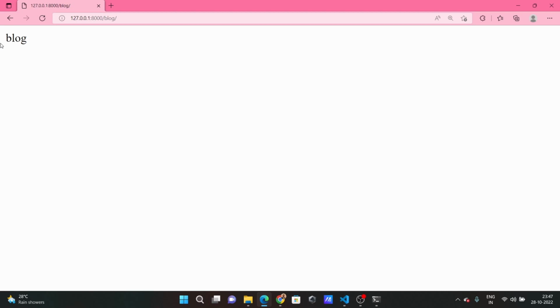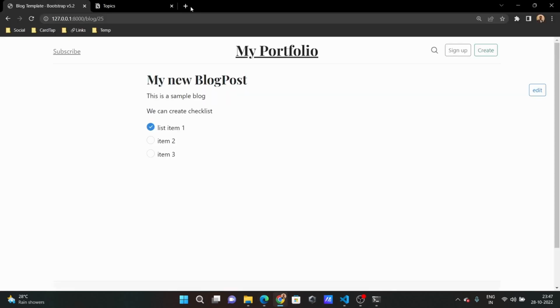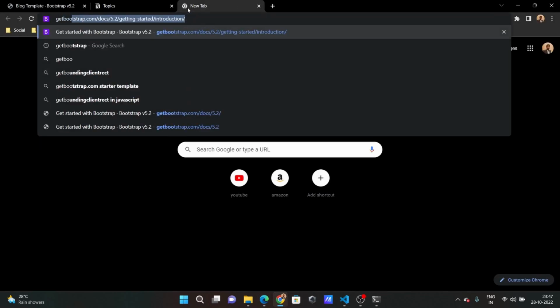Refresh. Okay, blog route is created. So for this tutorial, I used Bootstrap templates for creating that blog. I'll show you the template. So if we go to getbootstrap.com,